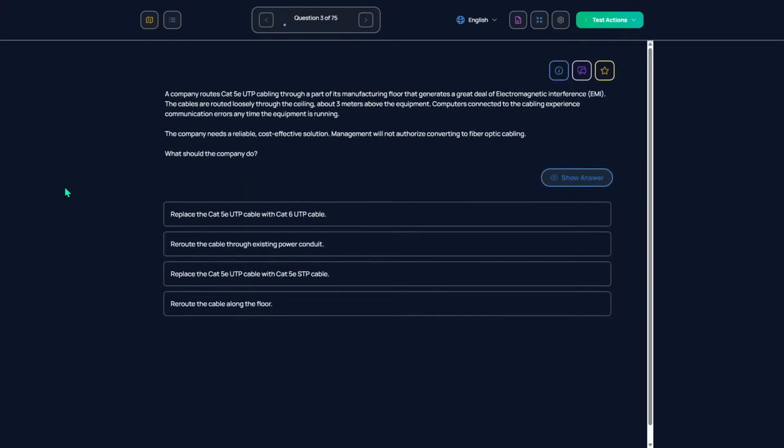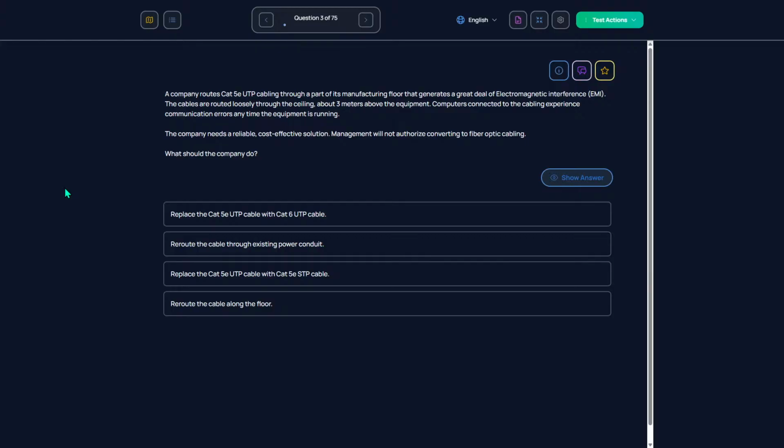A company routes Cat5e UTP cabling through a part of its manufacturing floor that generates a great deal of electromagnetic interference, EMI. The cables are routed loosely through the ceiling about 3 meters above the equipment. Computers connected to the cabling experience communications errors anytime the equipment is running.